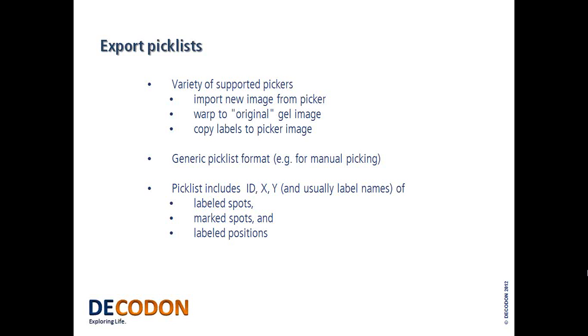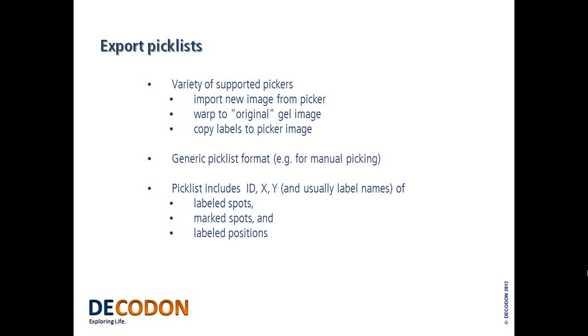and that means that the spot positions on your analyzed image do not match the real positions of spots on the picker. For this reason, usually a picker has an imaging device, and then you can just take a new image of your gel as it is positioned on your picker, import this new image into Delta 2D, warp it to the original, the analyzer's image of this gel, and then copy all the labels from the analyzer's gel to this picker image. And that means that then the labels are attached to the real positions of spots on your gel as it is